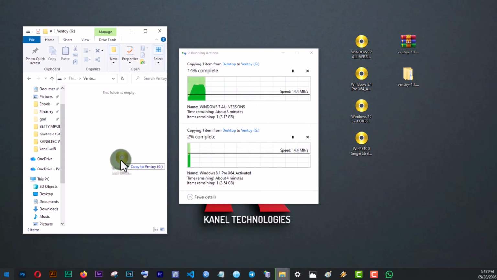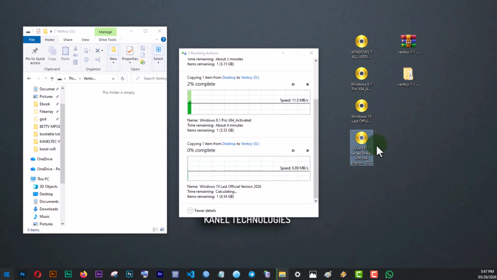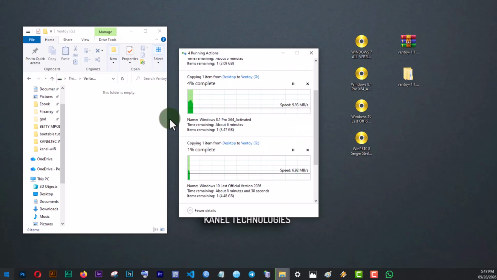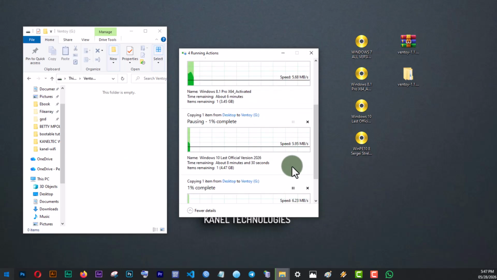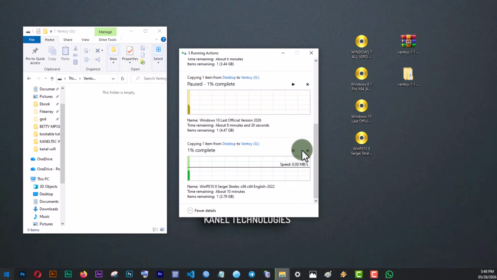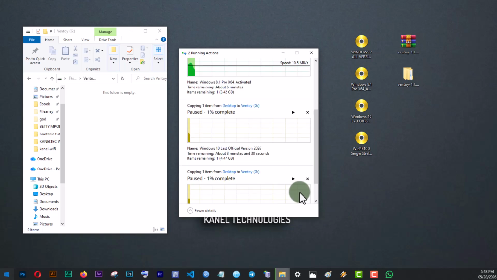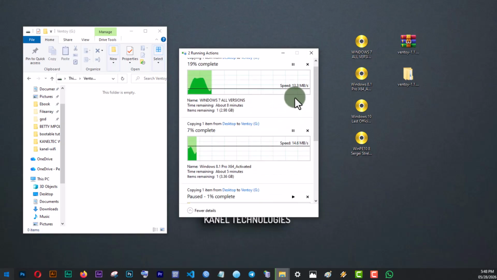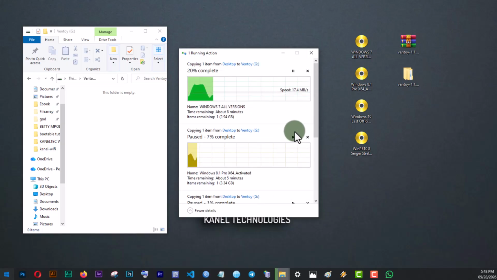This is Windows 10 also, and this is Windows recovery tool, the one I normally use. So it will take some time. I will pause this to have some, and let me see, 1, 2, 3 and 4. I'll pause some to